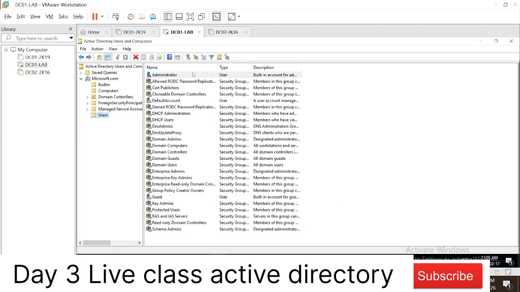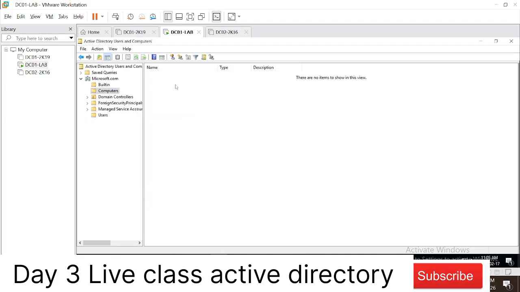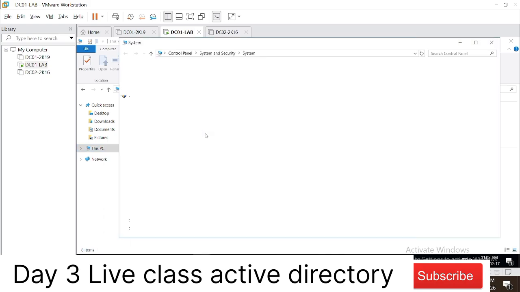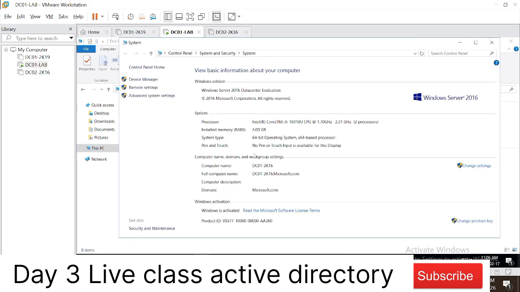So let's suppose computers. This is my computer. Okay, and I have renamed this computer. No, the RID master is not the naming master. The RID master assigns unique alphanumeric numbers to each object.